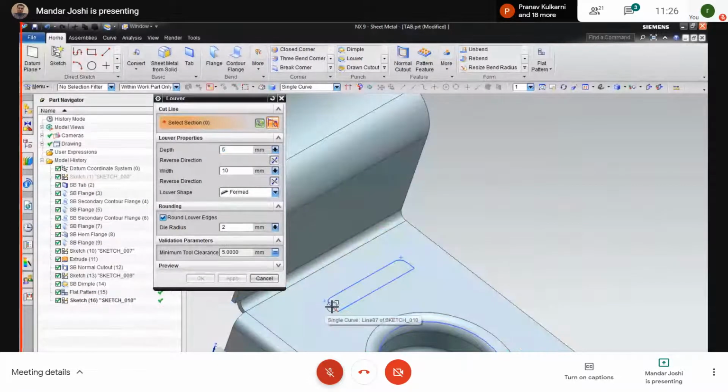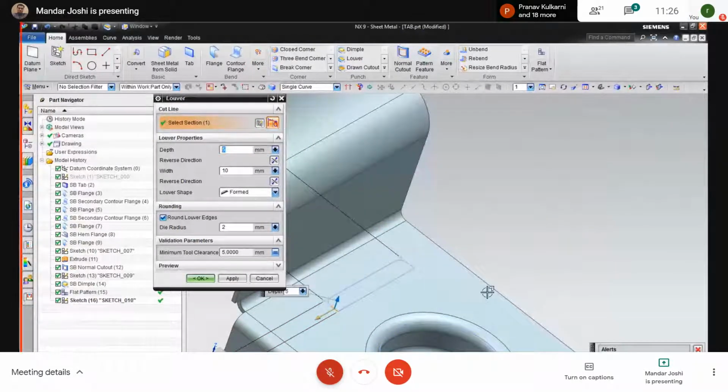Select the profile. Now see this message alert. What does it say? Width must be less than half the section length. How much is the section length?